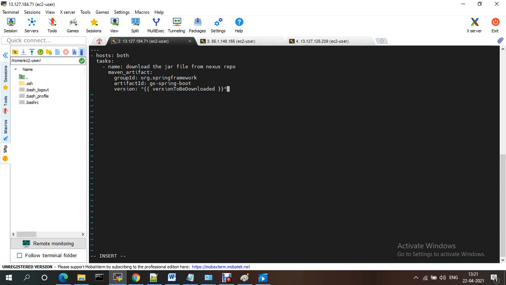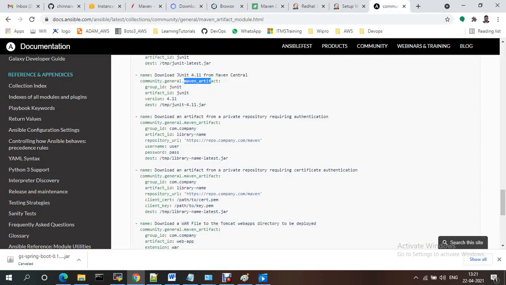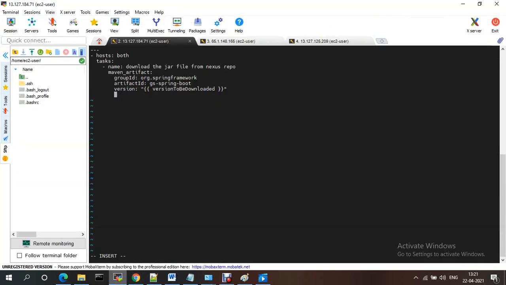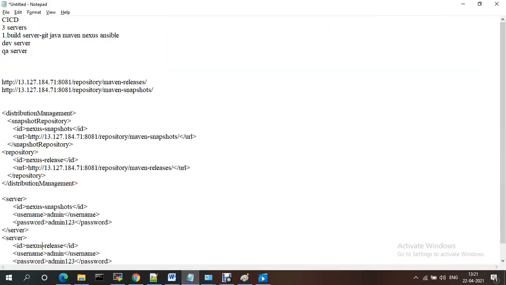Okay, from Jenkins. Now for the URL, whatever the required details, you just need to provide the group ID, artifact ID, and repository. So I'm just copying these values.